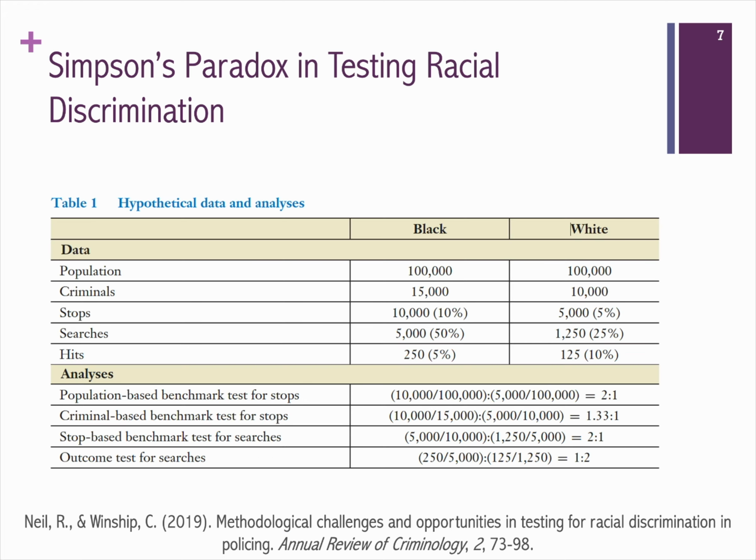As a final illustration of Simpson's paradox, I'll consider a paper by Yule and Winship, who critique the benchmarks used in testing for racial discrimination by police. Suppose you're studying whether police discriminate against minorities in stops. You might notice that police stop black drivers more than white ones, but wonder if this could be accounted for by the higher rate of criminality in this hypothetical population. The criminal-based benchmark test corrects for this, and here would be taken to suggest that the rate of stops for black drivers is disproportionately high even once one adjusts for criminality.